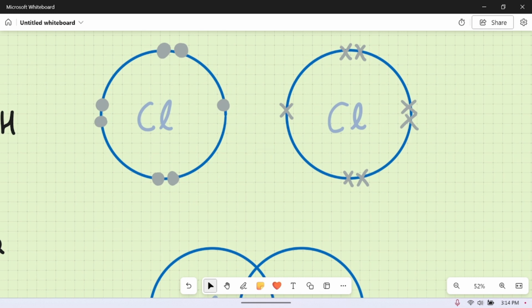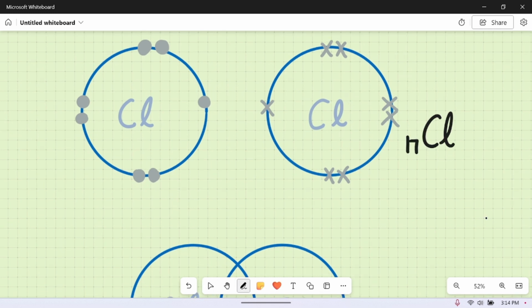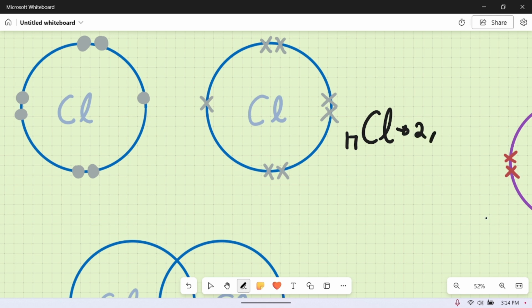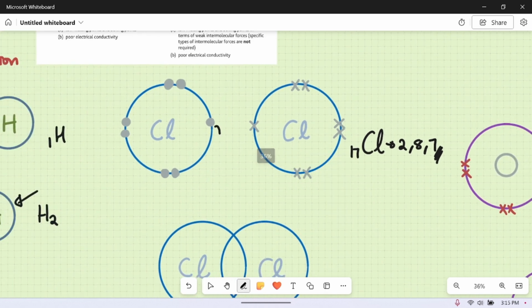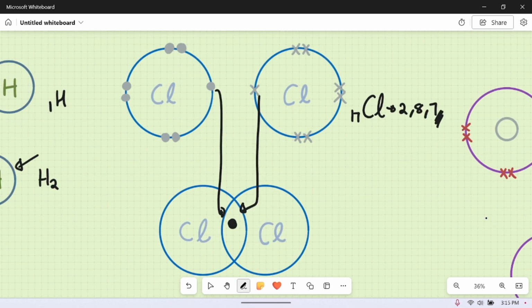Okay. So chlorine, we know, has 17 electrons, which is arranged as 2, 8, 7. If you don't remember how to do electronic configuration, I'll link a video above so that you can refer to it. So now let's get back to this. They have 7 electrons in their outer shell, which is what I've drawn out here. So each chlorine has 7 electrons, but they need one more electron in order to get that full outer electronic configuration. So they say, hey, chlorine, I'll bring in 1 electron, you bring another electron. Okay, so a dot from one and a cross from the other. And we form